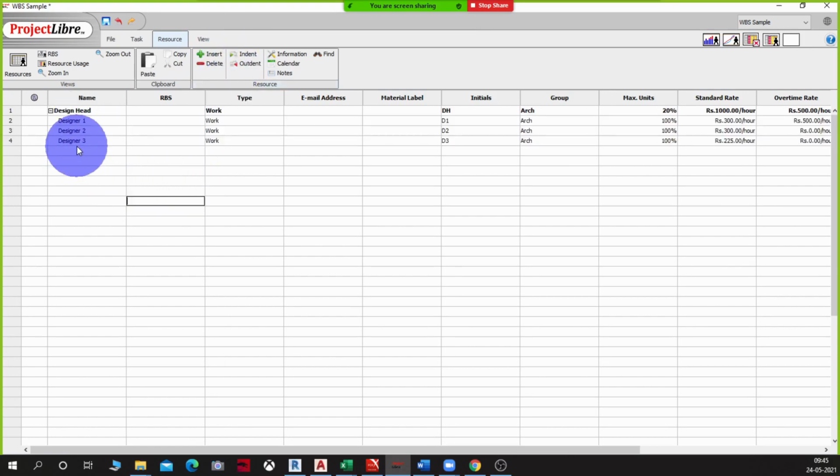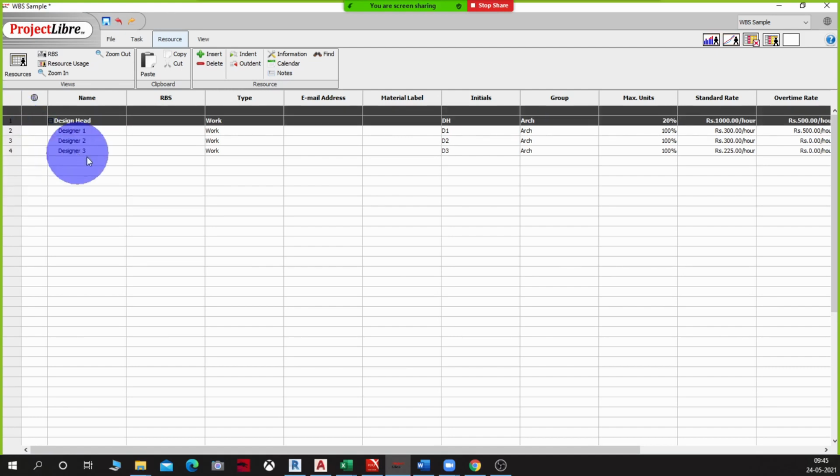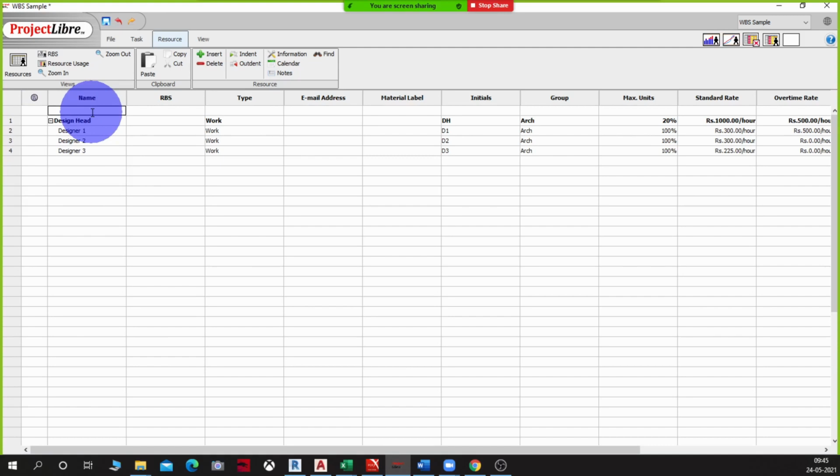And I'm going to make it clear that these three designers report into the design head. Okay, and then I'm going to have another resource here, which is going to be, let's say, my project summary. So that's going to be the cost of all the resources put together.